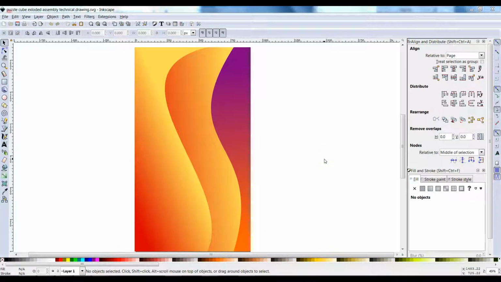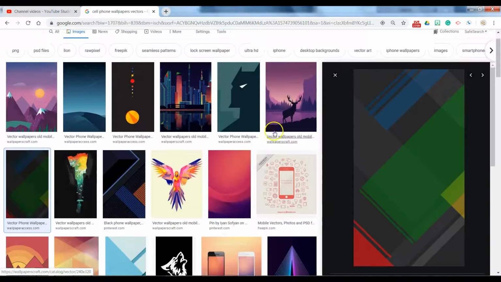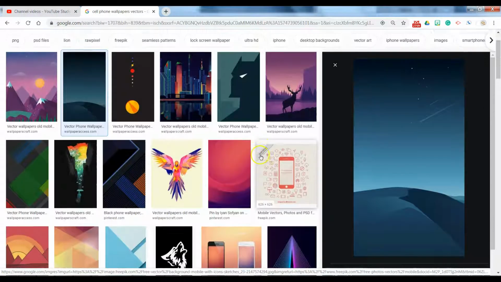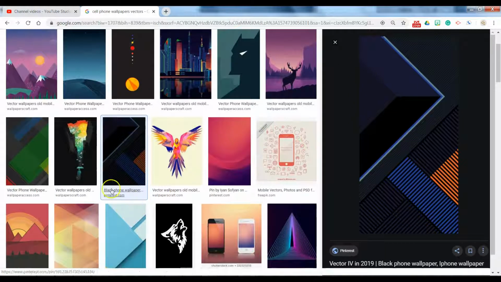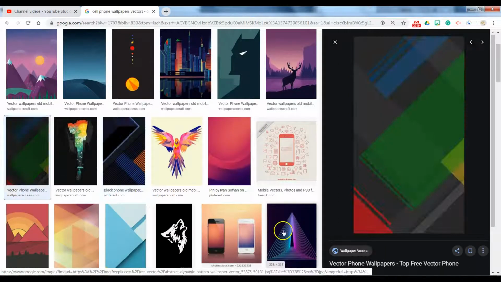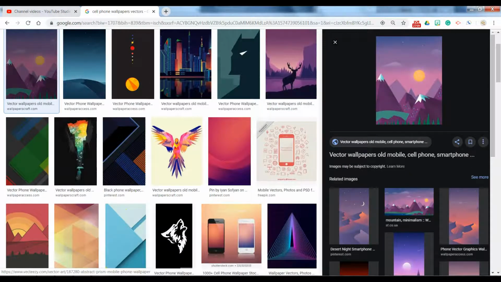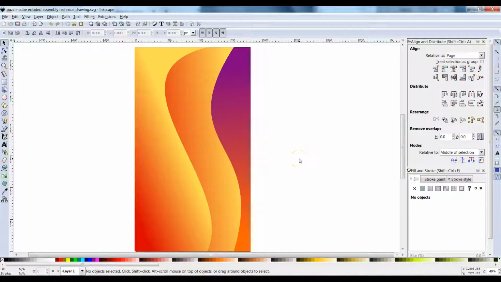In this Inkscape tutorial, you're going to learn how to create a cell phone wallpaper for your cell phone. If you're like me, you probably have a custom cell phone background that you selected and updated on your cell phone. We're going to keep it really basic, and we're going to learn how to make this cell phone background using Inkscape. So open Inkscape